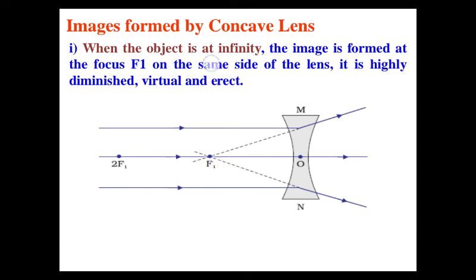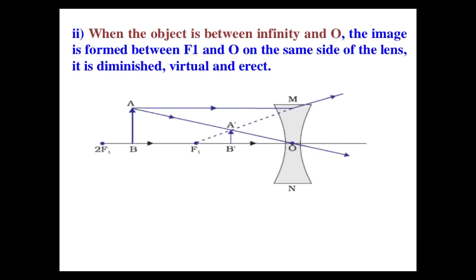So when the object is at infinity, the image is formed at the focus on the same side, and it is highly diminished, virtual and erect. This is not formed by actual meeting, that's why it is virtual and erect. And in another case, when the object is between infinity and O, meaning at any distance near the lens, then the image is formed of such type. We can see that in the diagram, the object has been shown placed between f1 and